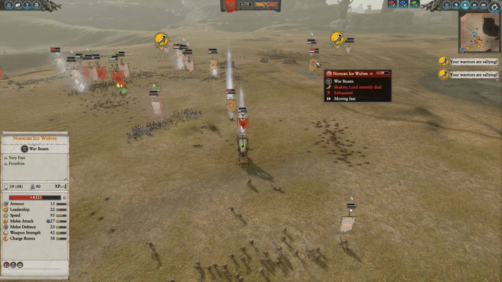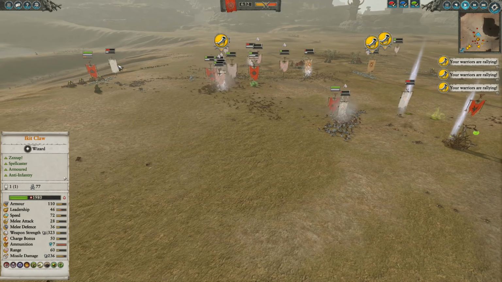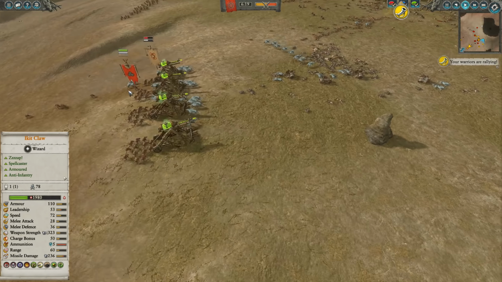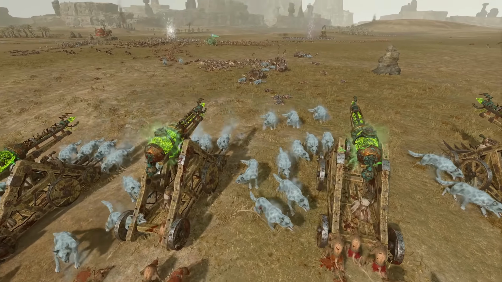This Warp Lightning Cannon is finally gone. There's only one unit of wolves here, and a second finally getting to this Warp Lightning Cannon. And again, look at the same thing. Units kind of getting stuck on the front of this, and not exactly shutting down the fire of those cannons